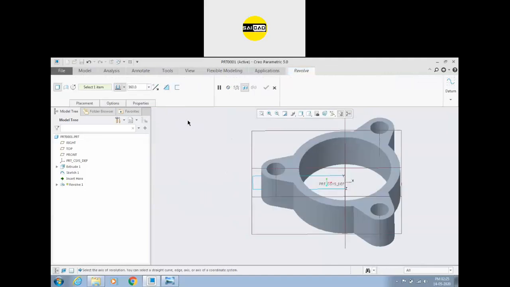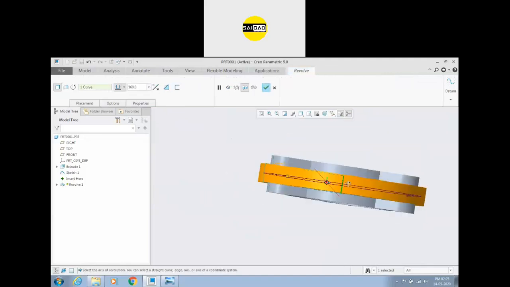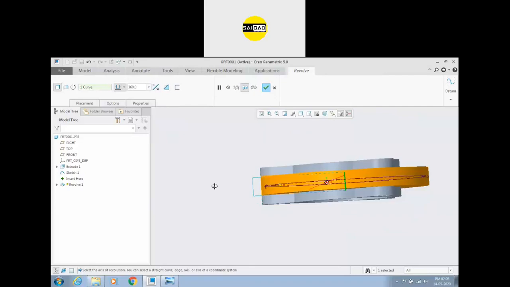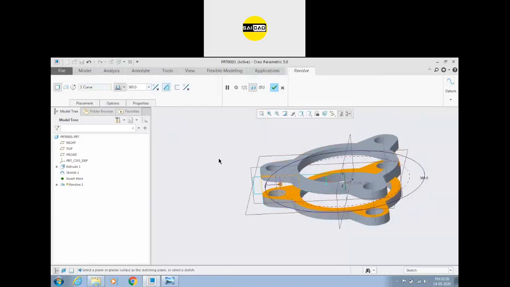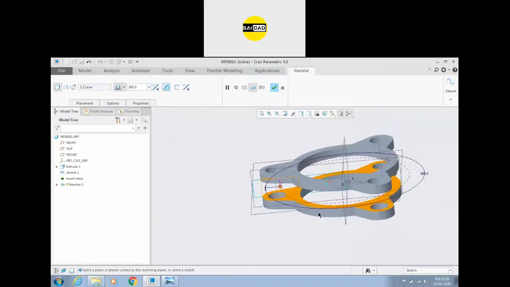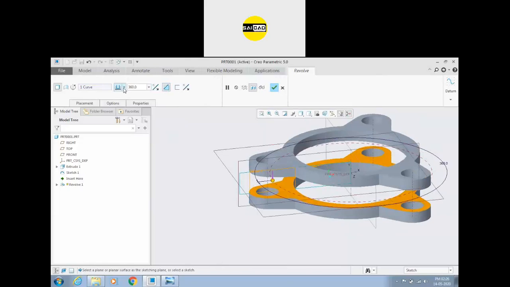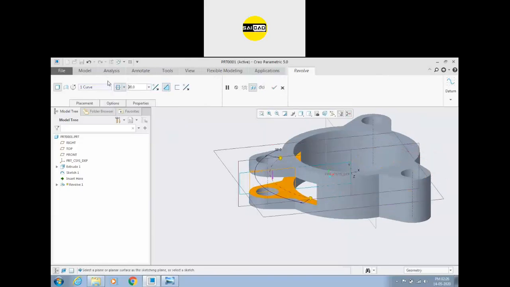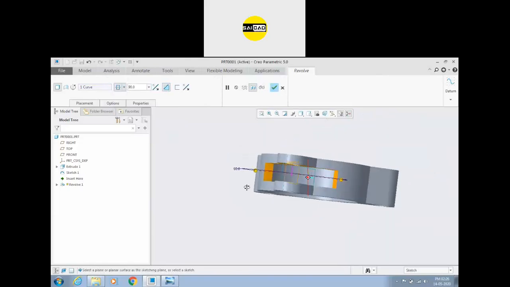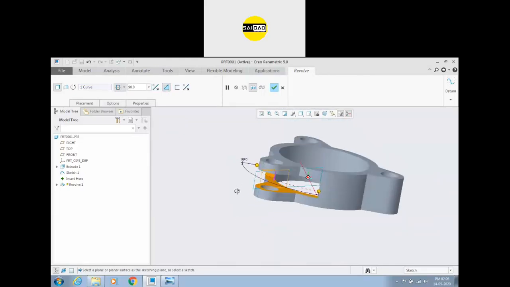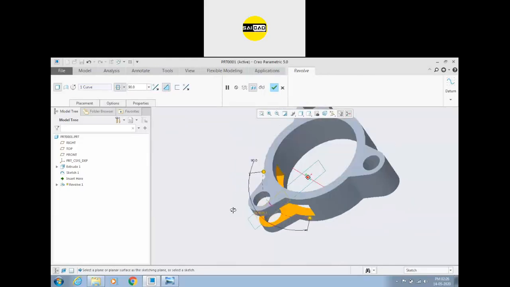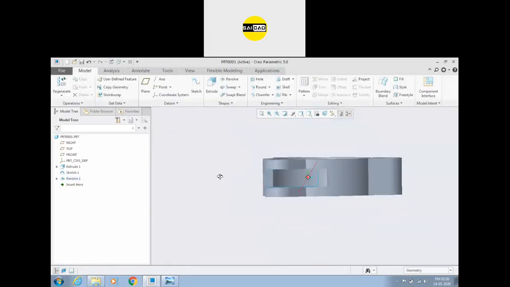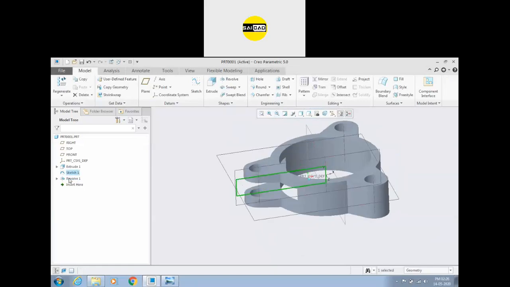The axis of revolution should be this, and the material should be removed like this. We need the material to be removed up to some value, and that should be symmetrical, and the angle should be 90 degrees. If you complete it, the material is removed from this point.